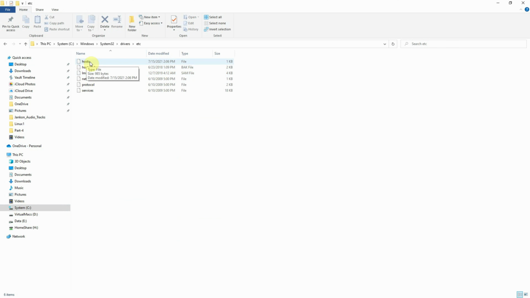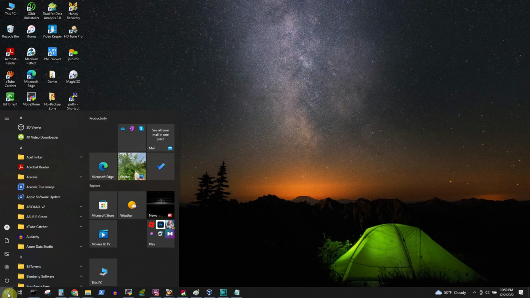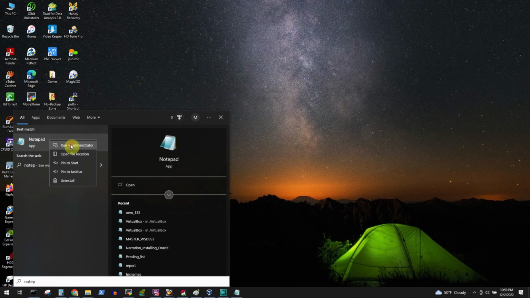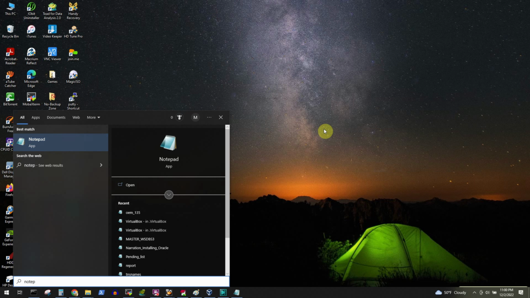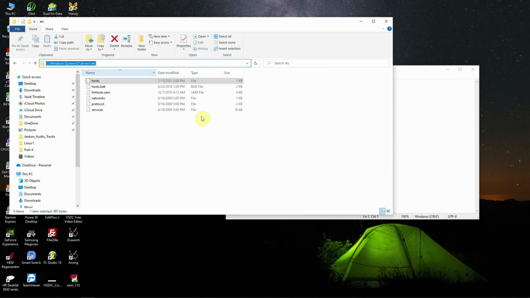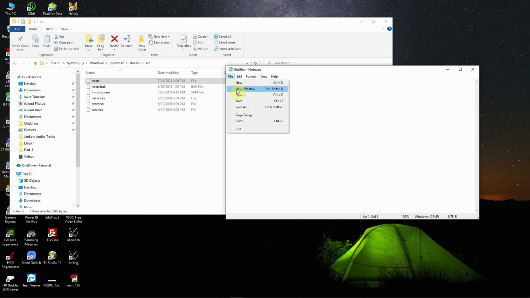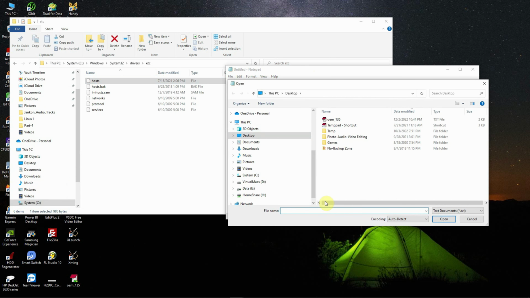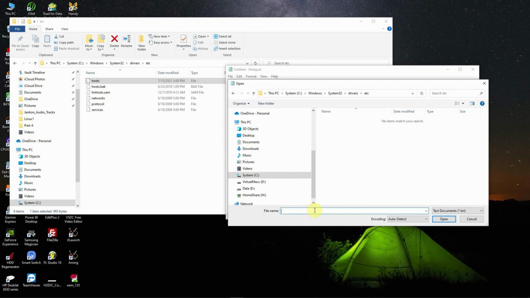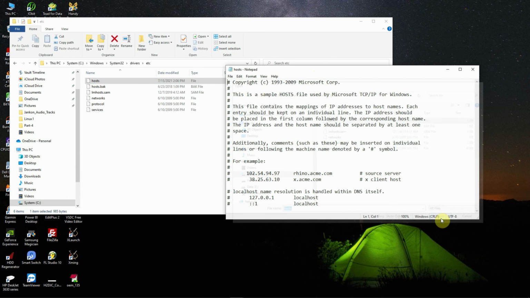So this file we have to open as administrator. We'll run this Notepad program as an administrator, and we'll simply copy this path, open, go to this location, open this hosts file,